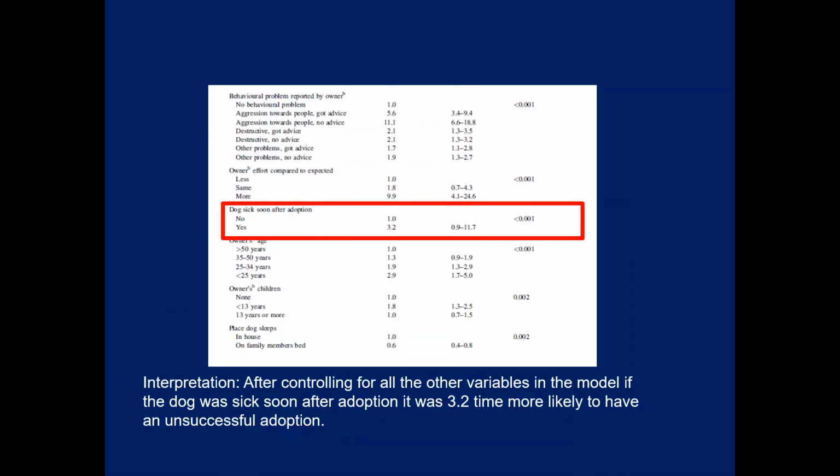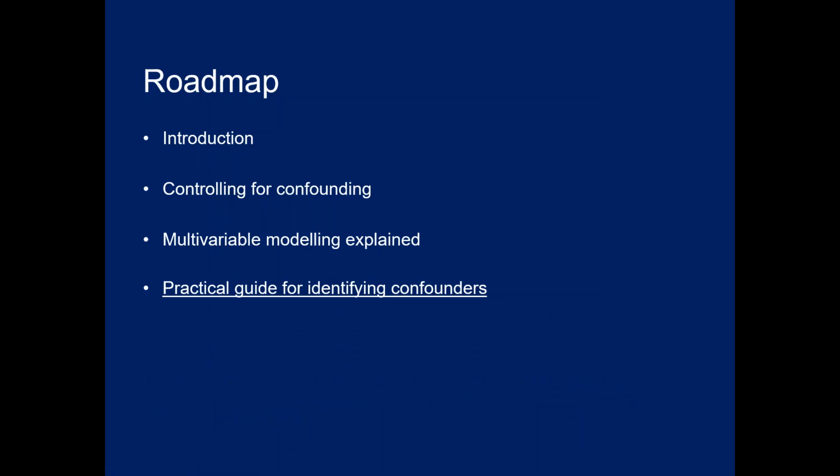All right, so let's have a look at this one. Just to reiterate, again, the referent is 1, and we can say after controlling for all other variables in the model, if the dog was sick soon after adoption, it was over 3 times more likely to have an unsuccessful adoption. Okay, all right, so